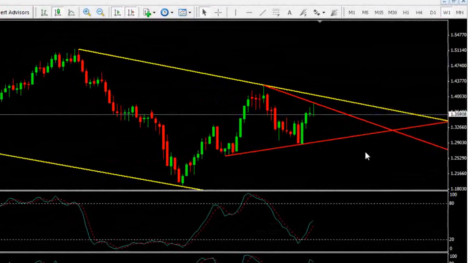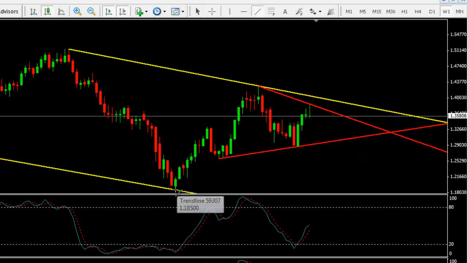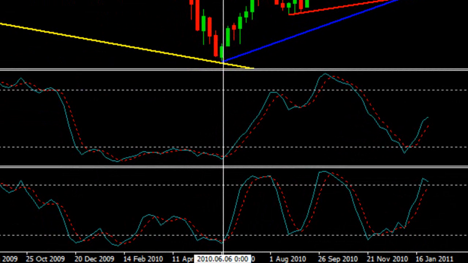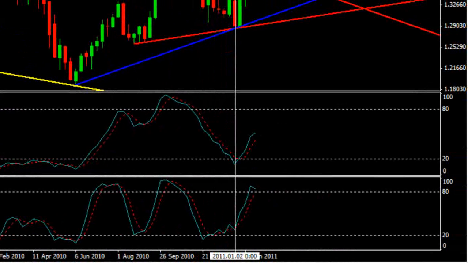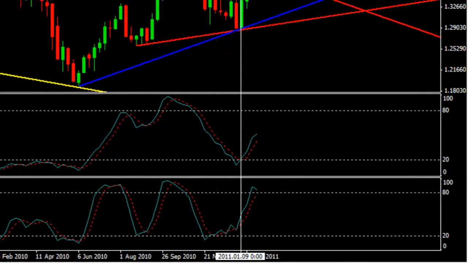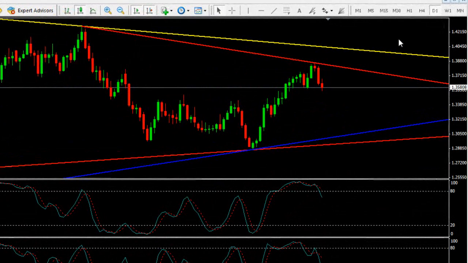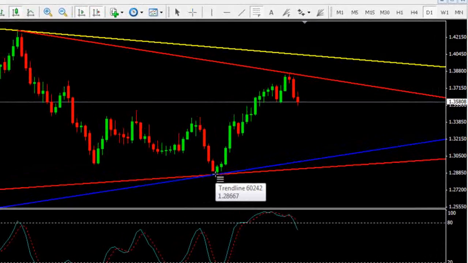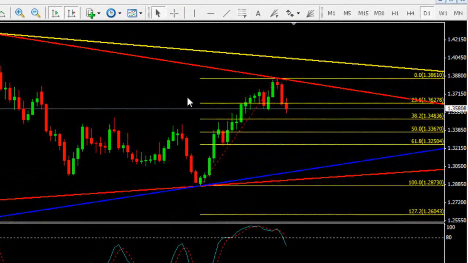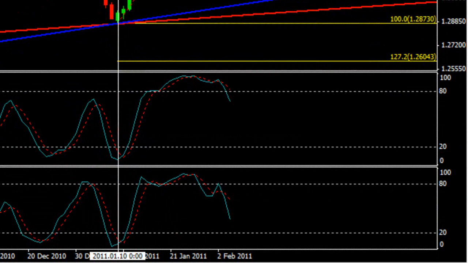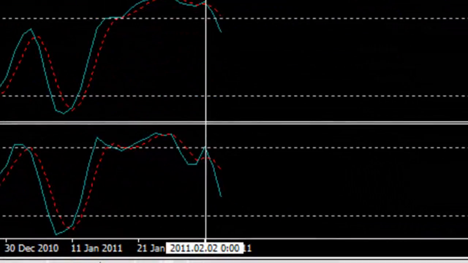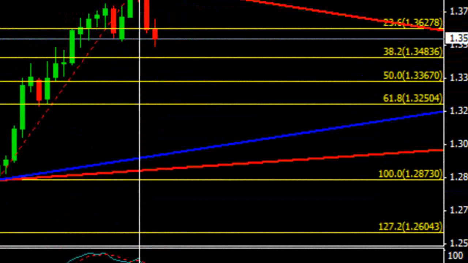Last but not least, let's connect an upward trend line from this lower low to this higher low, which is from the 6th July 2010 low to the 9th January 2011 low, from where we can get a set of support and resistance within the channel. Now, if you see the same chart in D1 and draw a Fibonacci retracement connecting from this low to this high, which is the 10th January 2011 low at 1.2873 to the 2nd February 2011 high, which is the recent high at